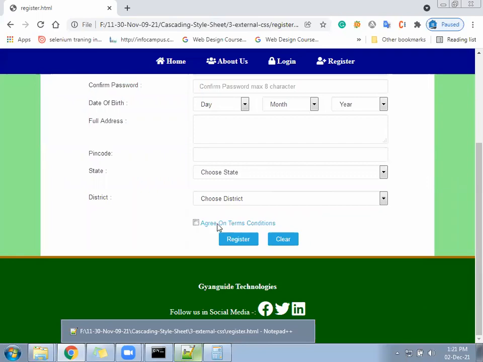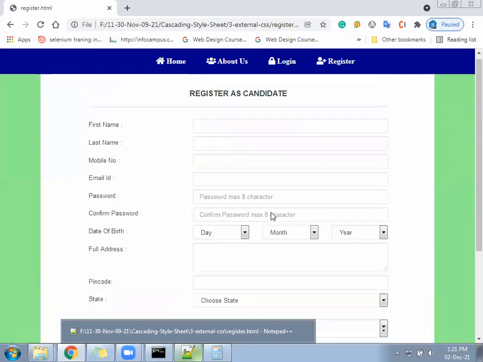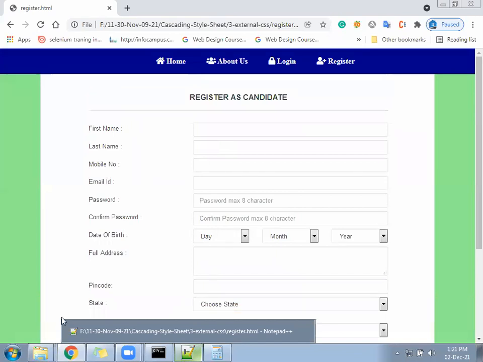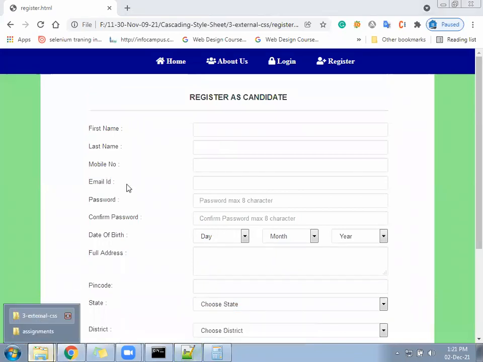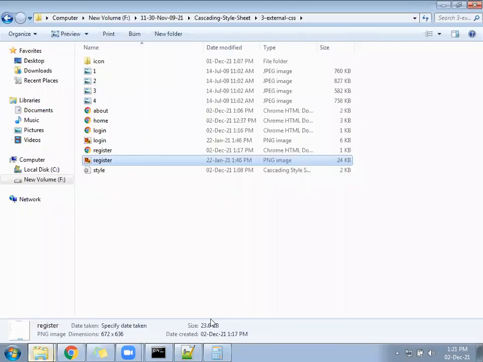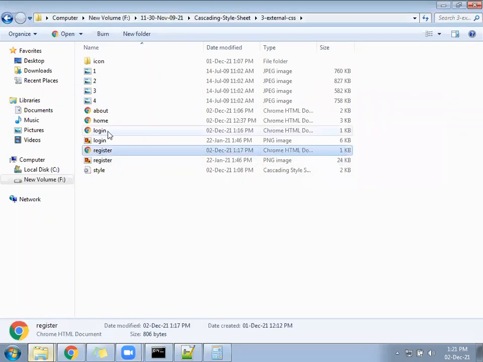Now how to make blue color and everything. So these two files again I will send you in the chat. Login and register as an HTML file with image. You need to convert them into HTML and CSS. Login and register. In your chat, you can work on the same. It has gone to one person only.